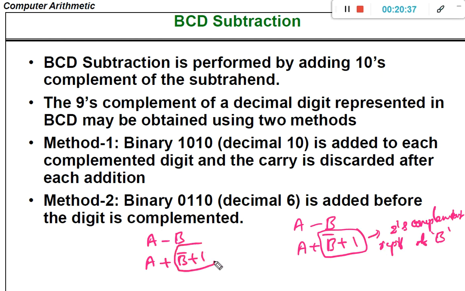However, here this B complement plus 1 represents the 10's complement of B.